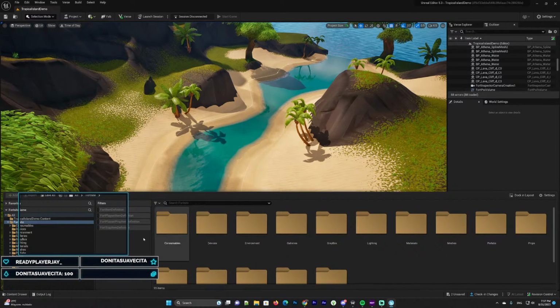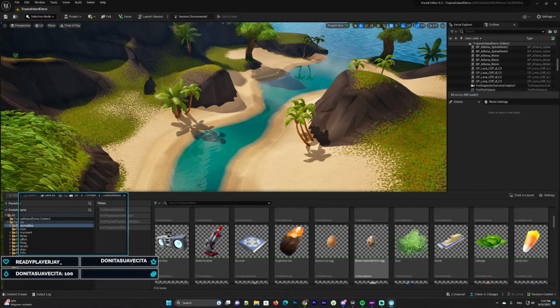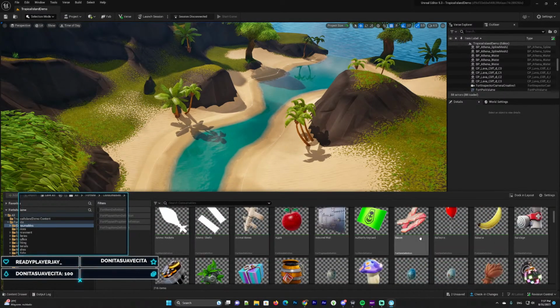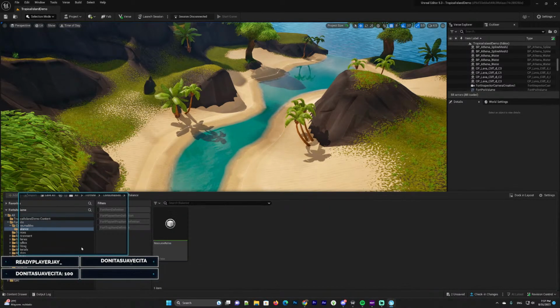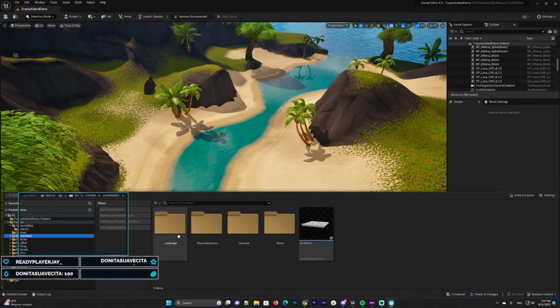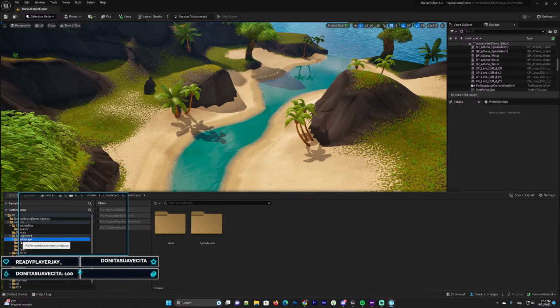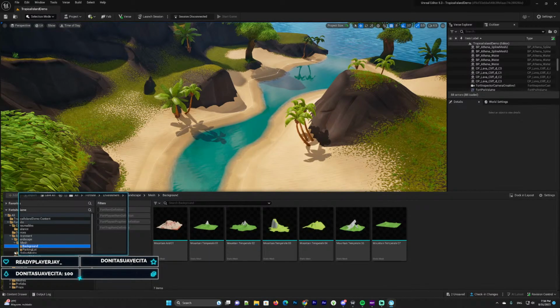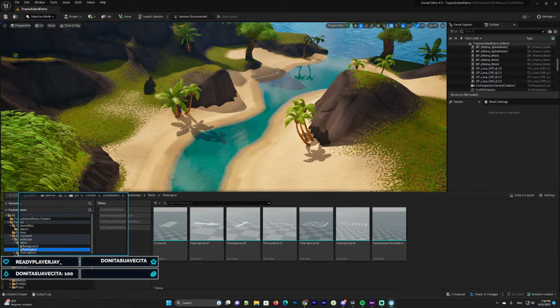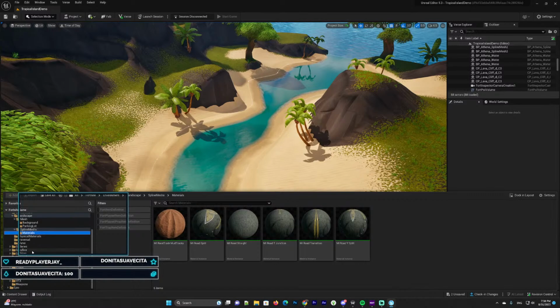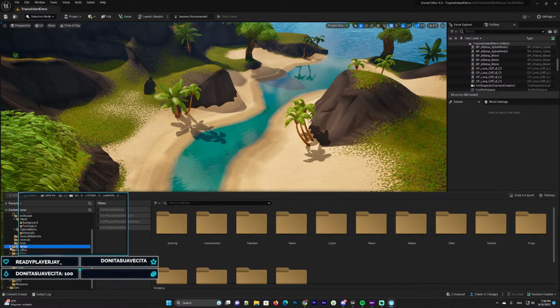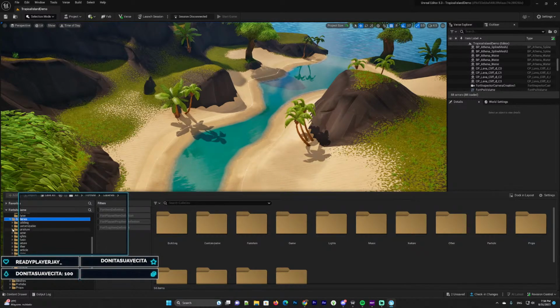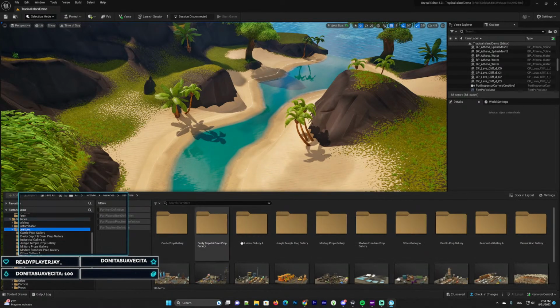If we disable the filters, we're going to be able to find the folders, and you're going to be able to find more stuff, and not all of them can be used. As you can see, we have those resources tables, and if we go to the meshes over here, we have some background meshes, some parking lot decals, and a ton of stuff. If you go to galleries and go to any of these sections, you're going to be able to find a ton